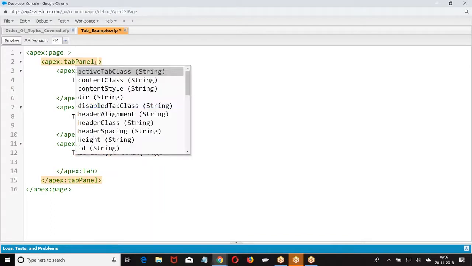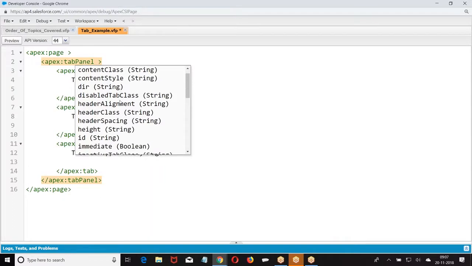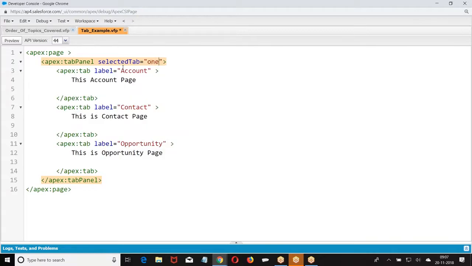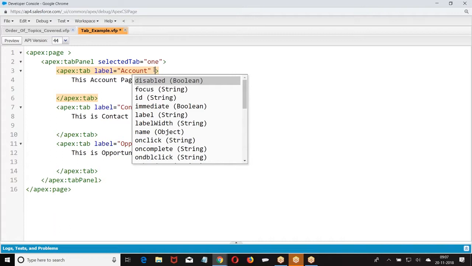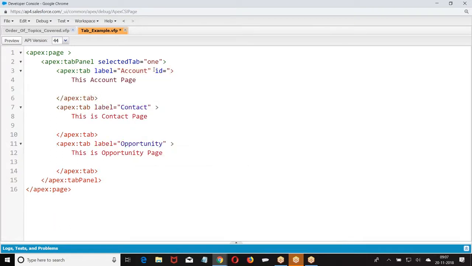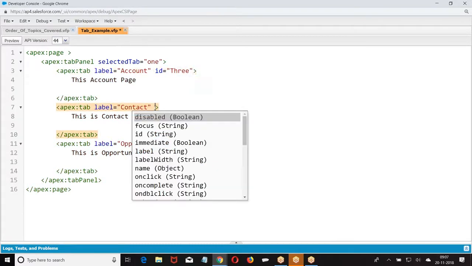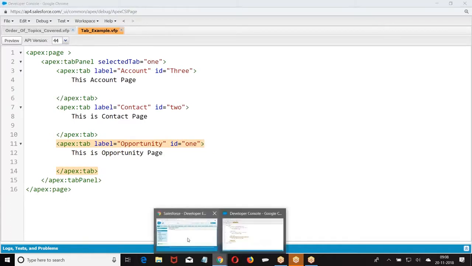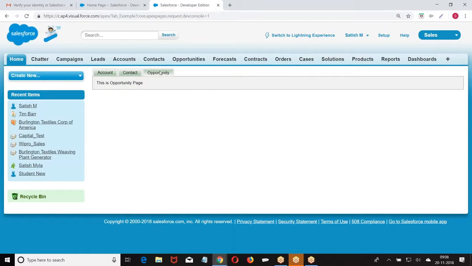So here, by default, what is active? Selected tab. Now, by default, what is selected here?